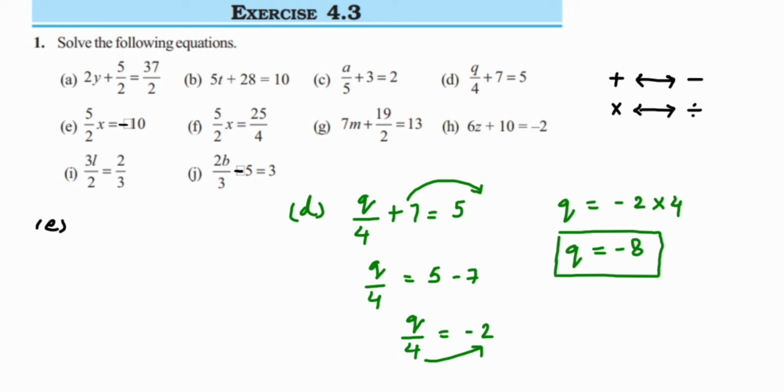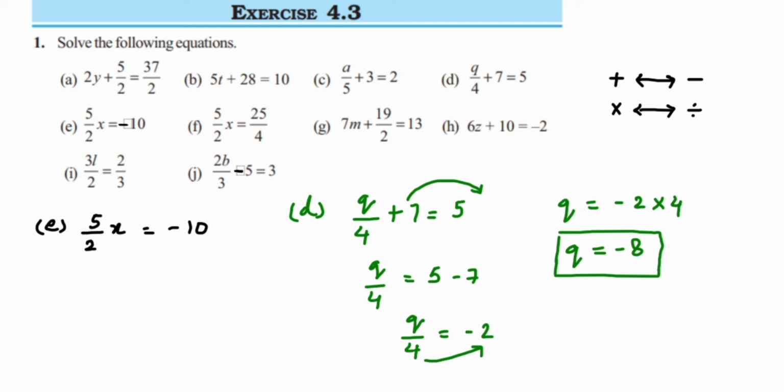So first I'm going to write down the question 5 upon 2 x. So x is with the numerator, that is, it's actually 5x, is equal to minus 10. So if you see there are no constants here, what I have to do is remove 5 and 2 from here. If you observe, there are actually many ways of doing it. You can take 5 upon 2 as one single number and transpose it, or you can just separate 5 and 2, like 2 is in division. So first I'm going to do it this way.